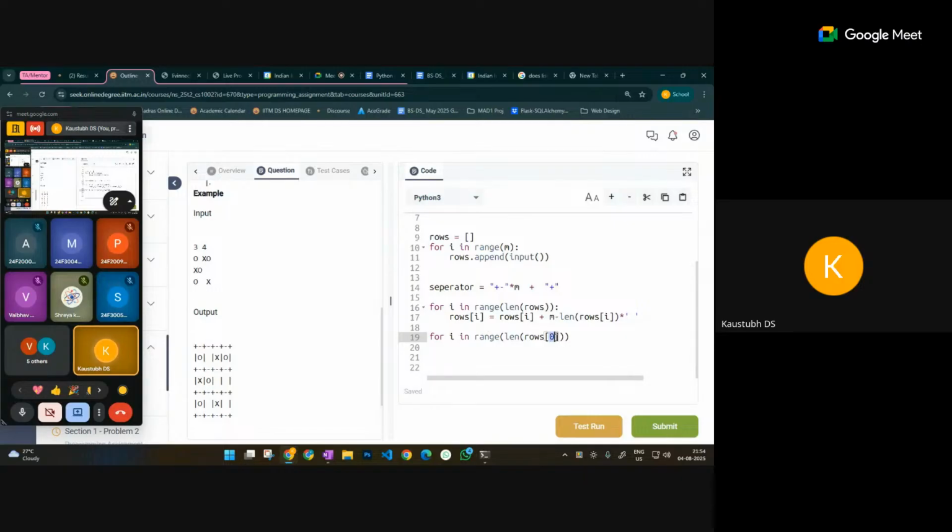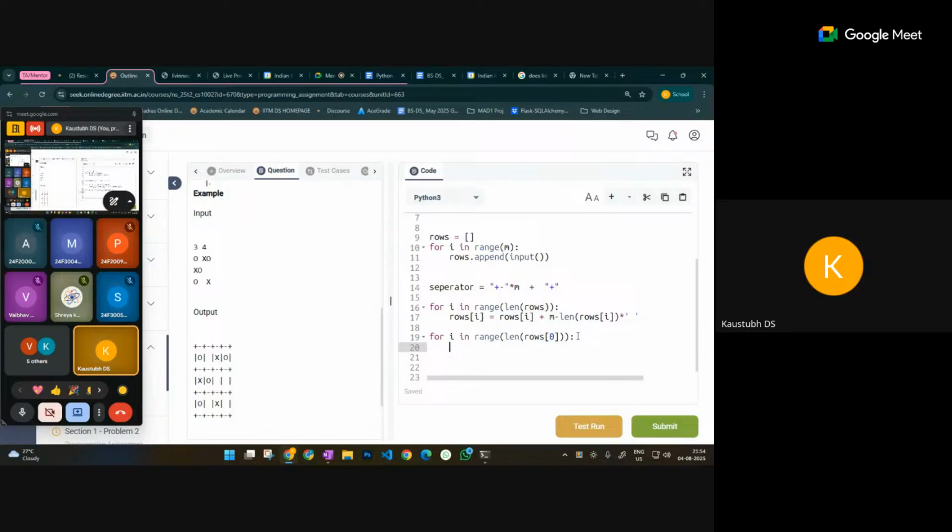Currently working on the 0th row, meaning this one, okay? We'll do the same thing to everyone using a loop. For this solution purpose, I will be solving this one. So for I in range, using the length of the first row,